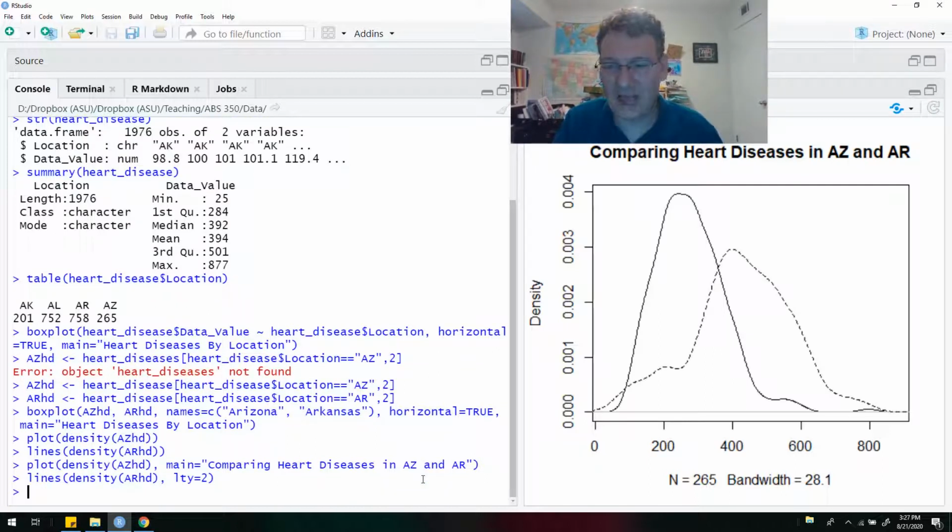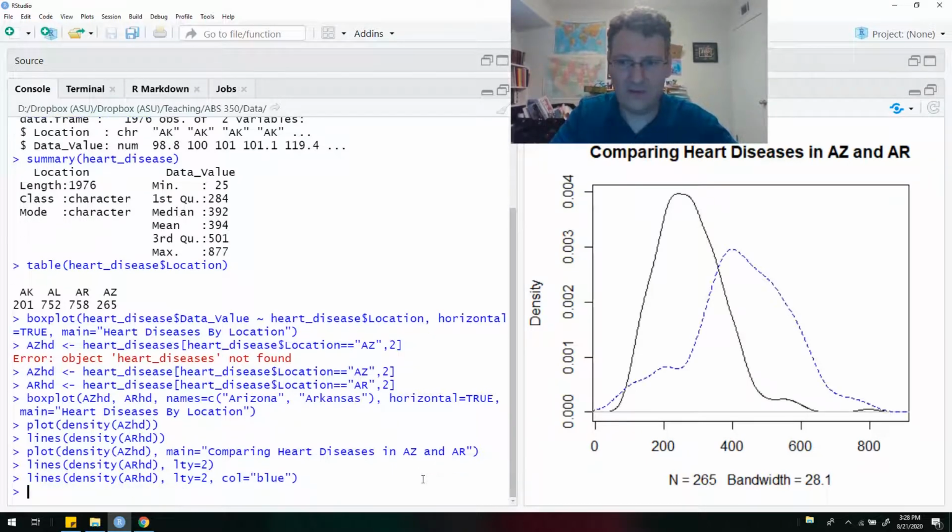And by adding this as a dashed line, it makes it very obvious where it's different from the first one. You can also, if you wanted to, say color equals blue. If I want to make it blue, you can change the color. And so if I wanted to now add a